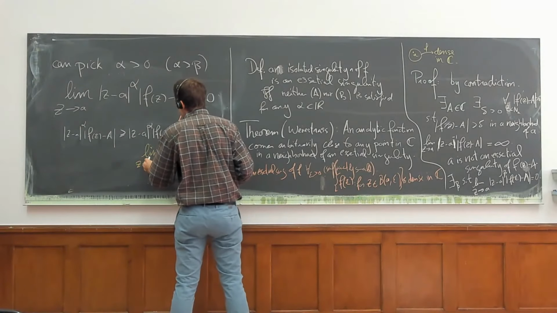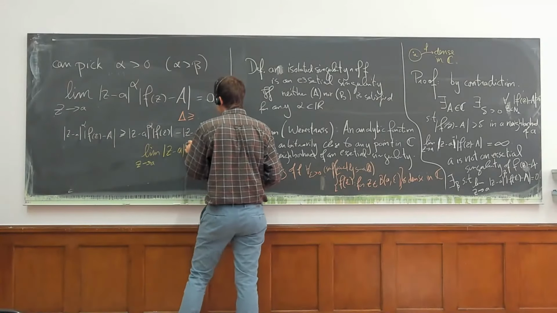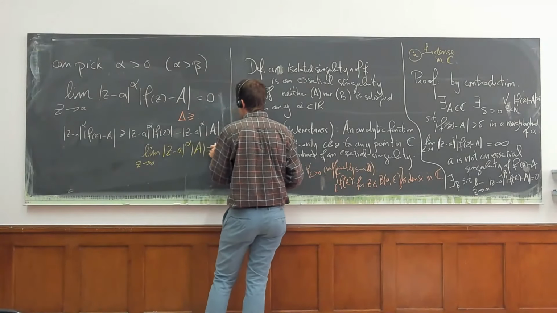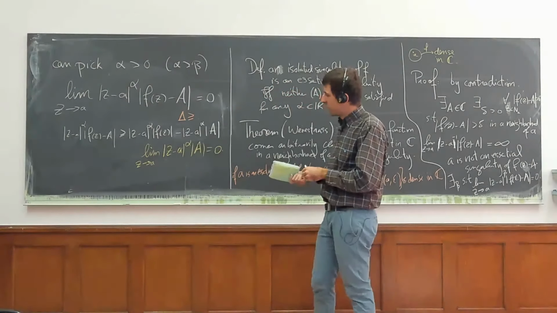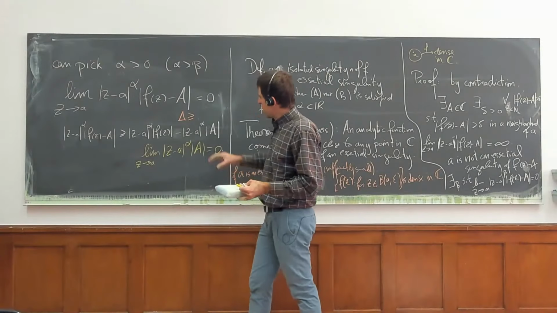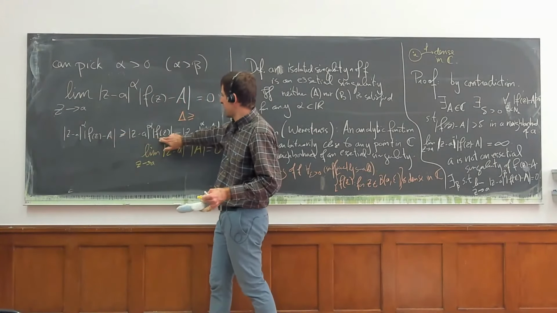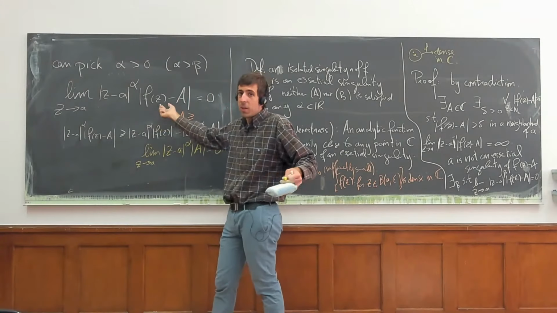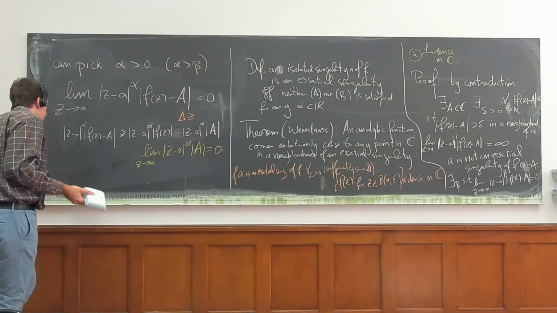as z goes to a of (z minus a) to the alpha times a goes to 0, right? Because alpha is positive and a is just a constant, so for sure this is the limit. And so the limit of this goes to 0, the limit of this goes to 0, so the limit of this needs to go to something in absolute value smaller than or equal to 0, so it needs to be 0, right? So the limit